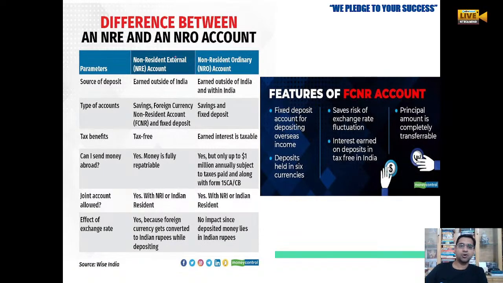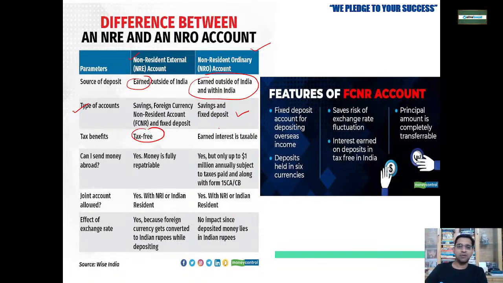Now, what is the meaning of NRO and NRE account? NRE stands for non-resident external account, and NRO means non-resident ordinary. The source of deposit for NRE is money you are earning outside India. Under the non-resident ordinary, money earned outside of India and within India, both are covered. What type of account can you have? In NRE you can have saving and foreign currency accounts, but in the NRO account you can have only saving and fixed deposit accounts. NRE account is tax free,